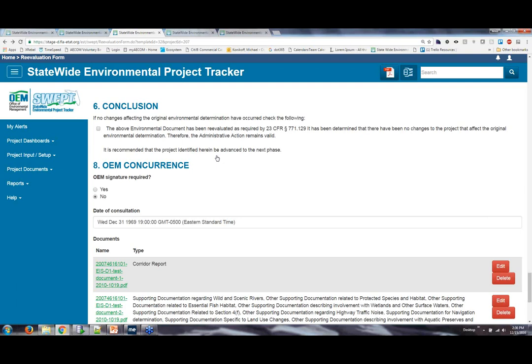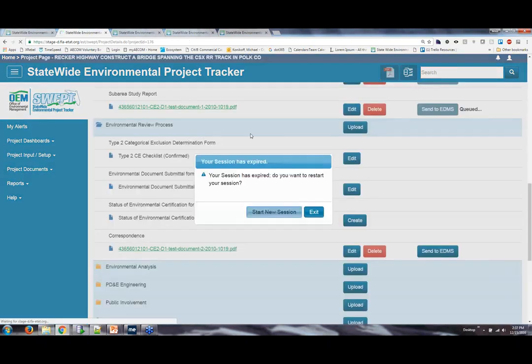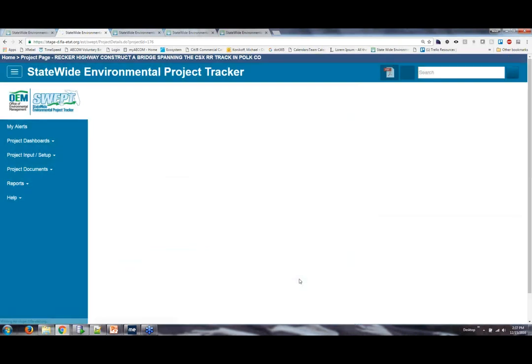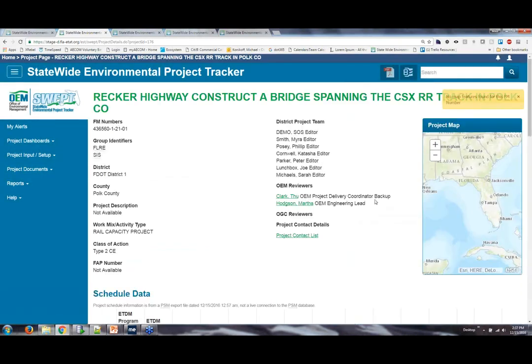Whether that happens in a monthly coordination meeting where you discuss the project specifics and you make that determination, you just document that the conversation happened. If it doesn't happen in one of those monthly coordination meetings, it's a simple phone call with folks up here, whoever your project delivery coordinator contact is, and if it sounds like they need to involve some other folks, they'll certainly do that. But it would be handled on a case-by-case basis with the project delivery coordinator,